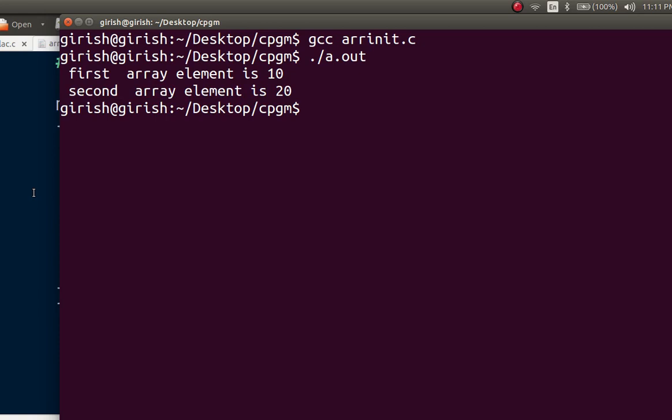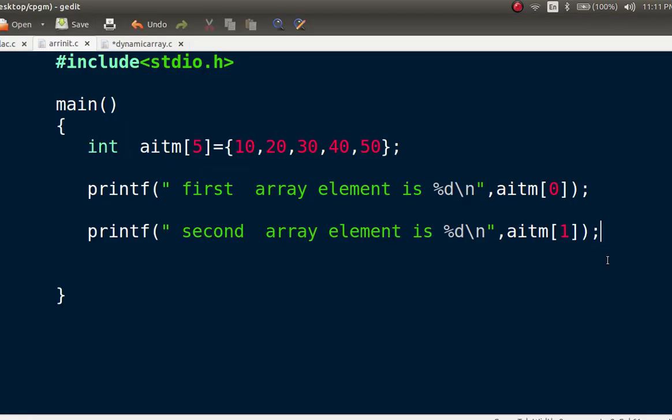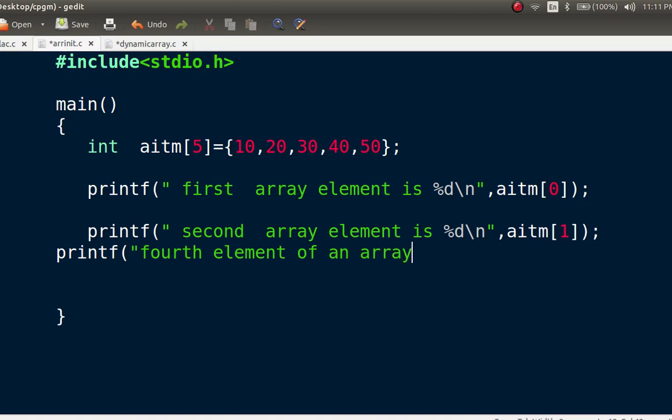Now I want to print the fourth element. printf, fourth element of an array is %d and AITM. What is the index number?